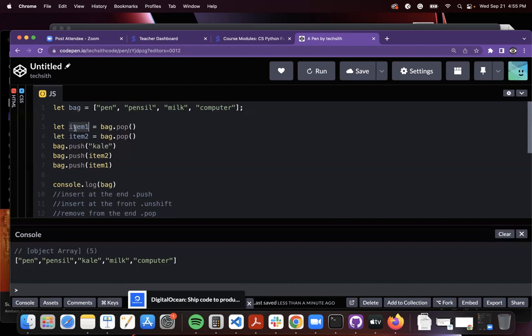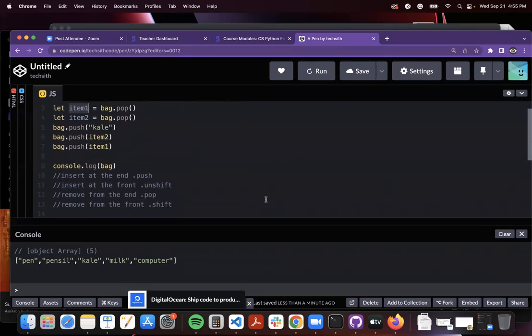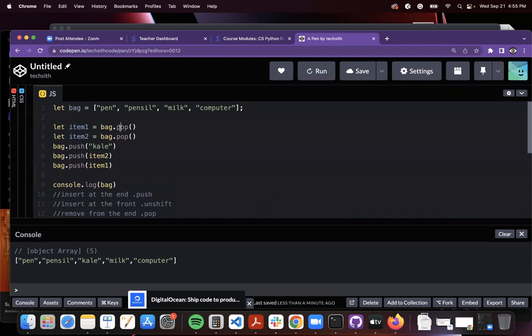So I've created a real life scenario where you can do this, right? And again, it's simple functions: push, pop, unshift, shift. You have all these tools that you can use to do this. So